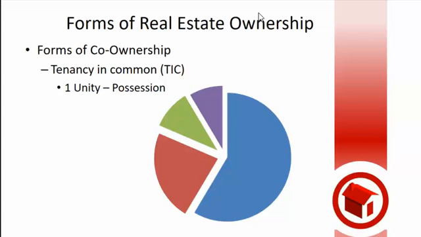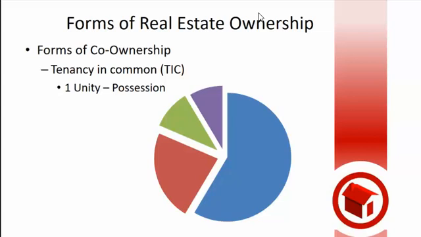So let's look at it. As an example, you could say one of them owns 24%. Now, if he owns 24% of a TIC, it is what's called an undivided interest. He may own 24%, but he does not own 24 of the chairs. He can't pick his 24 chairs up and go home. It's an undivided interest, meaning he owns 24% of every chair. You can't divide it out.